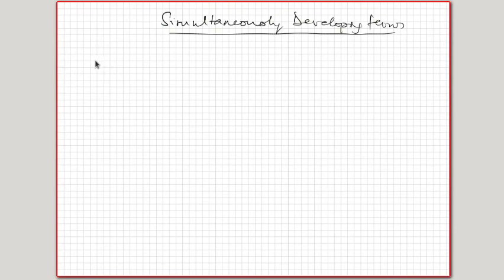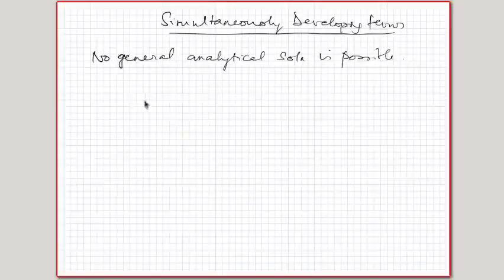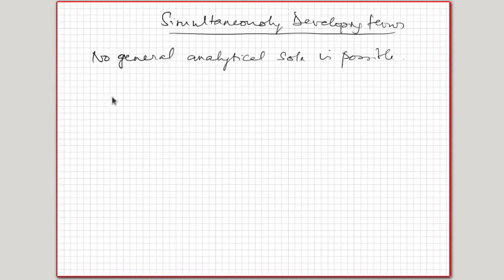The equation is a partial differential equation, so no general analytical solutions are possible. So either solve specific cases using computational software and put them together, or you get them by experiment. Okay, so I'll just summarize some results which are available